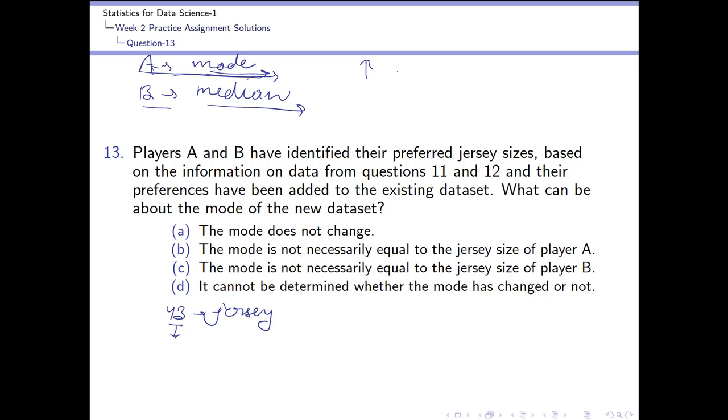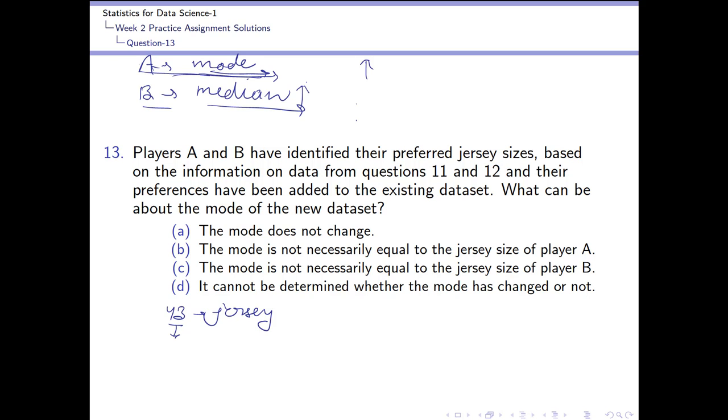That is, for example, if M is the mode and A has ordered the M size again, the number of M sizes will increase by 1 unit. So that will again be the most frequent jersey size. And B has ordered the median of jersey sizes, so it will not affect the mode, because the mode observation has already been increased by 1 unit and the median observation is again increased by 1 unit only, and